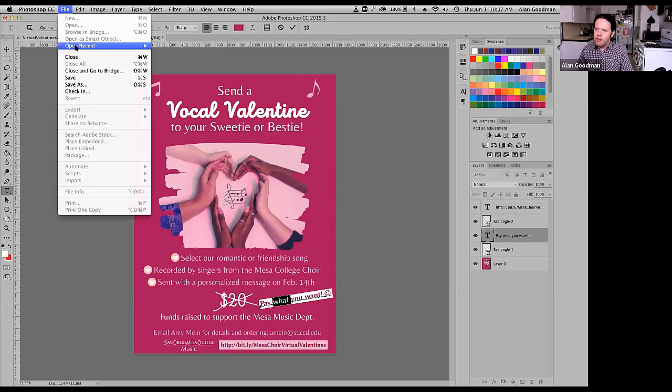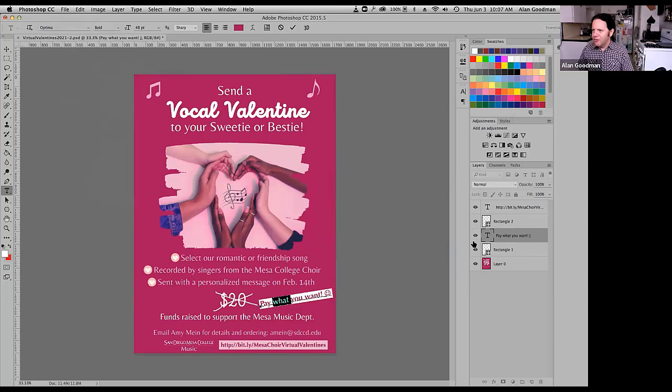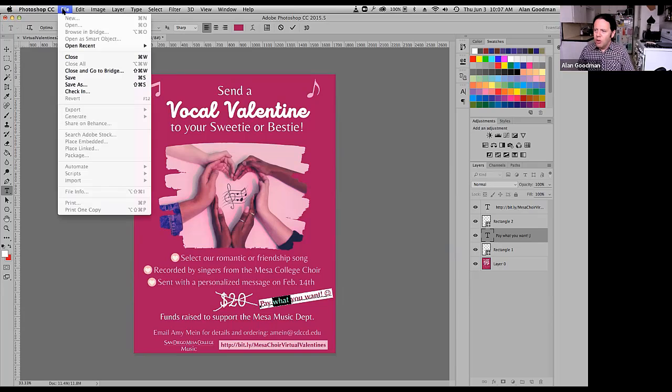Obviously, you can save the project, and this is working as a Photoshop project file. But Photoshop project files are not good for anybody else except for those using Photoshop. So usually we'll end up saving it as a,